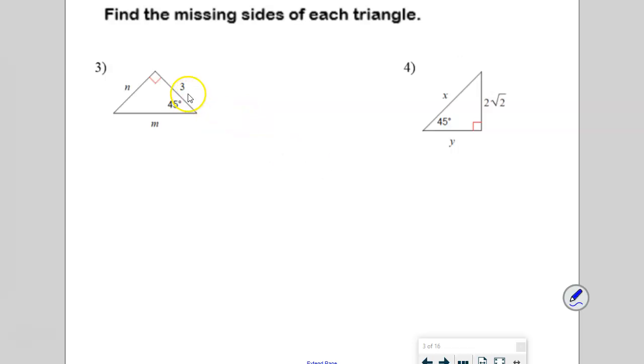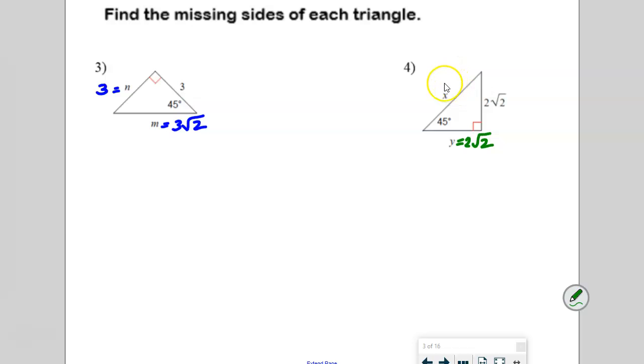So it's kind of a game of looking for the clues they give you and just kind of filling in what you know. So another 45, 45, 90, this leg is 3, so that means this leg is also 3. And then the hypotenuse must be the leg times the square root of 2. And this one's a little strange. The leg is 2 square roots of 2,